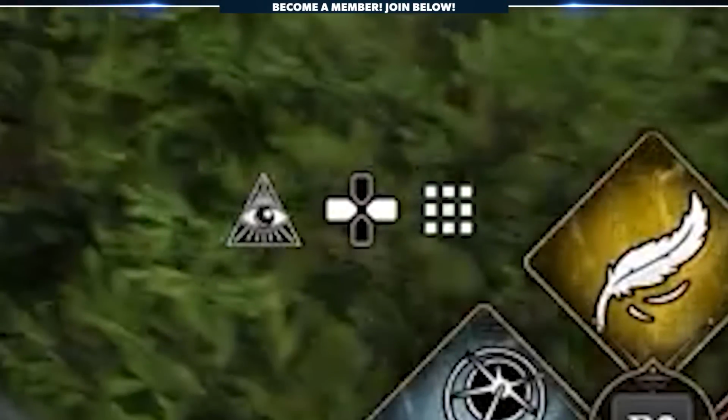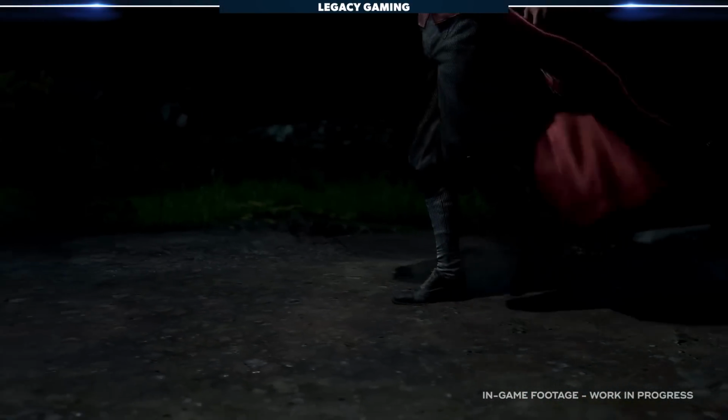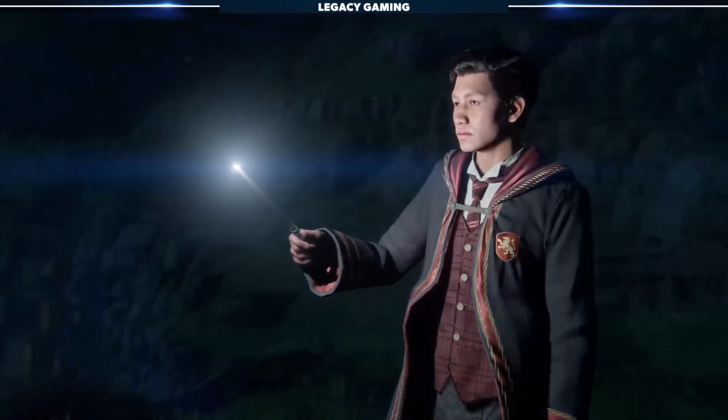During the showcase, only Revelio and a spell grid were available, but I would imagine 2 more essential spells will be added to this menu, judging by the open spots up and down on the D-pad. My guess is that one will be Lumos, but I can't for the life of me think what the other could be. If you have any guesses as to what that other essential spell is, let me know in the